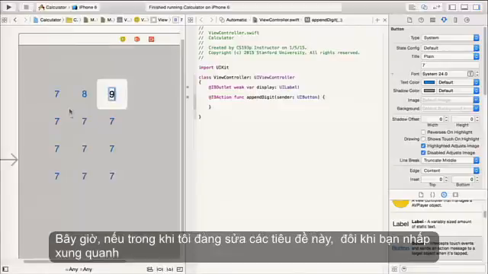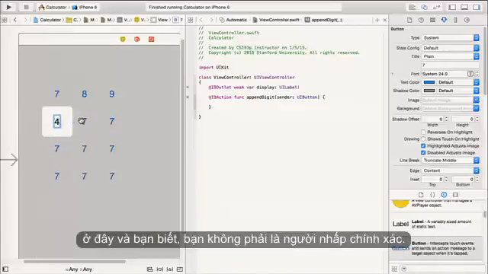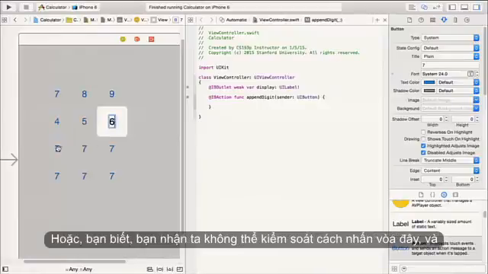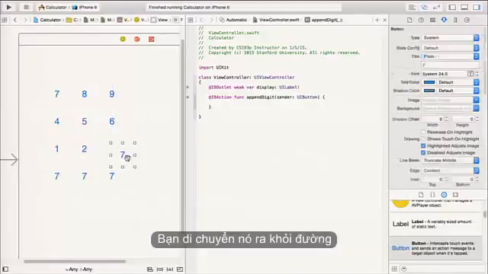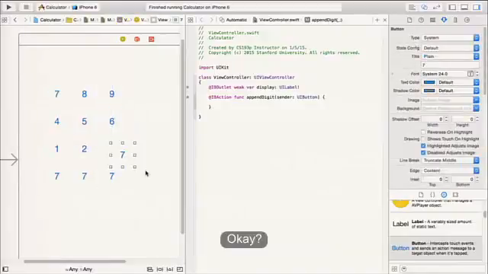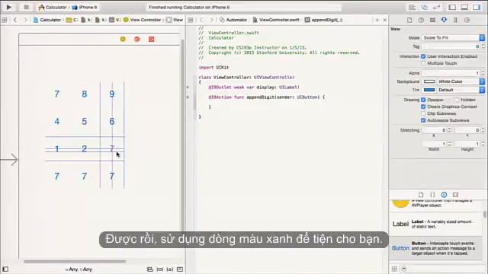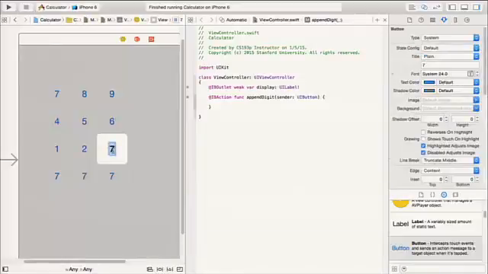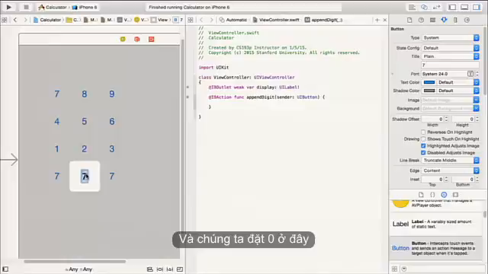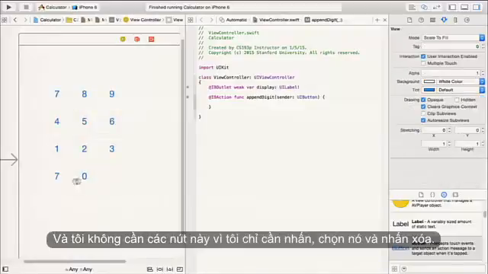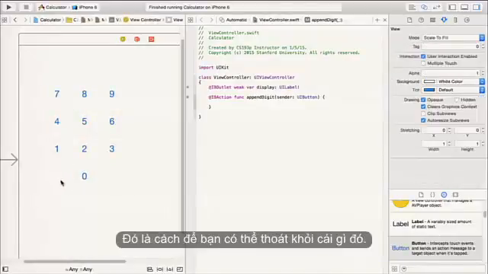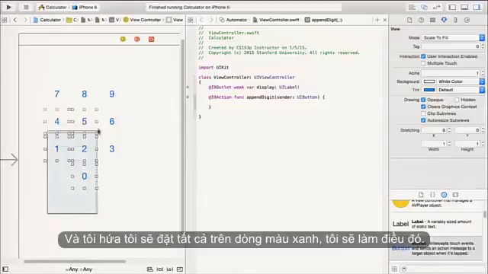Now, while I'm editing these titles, sometimes you're clicking around in here and you're not a very accurate clicker, or you just get out of control clicking here and oh, you moved it out of the way. Okay, no problem. You can just put it right back in. Okay, use the blue lines to your advantage. And we'll put our 0 down here. And I don't need this button, so I'm just selecting it and hitting delete. That's how you can get rid of something. And I promised I was going to